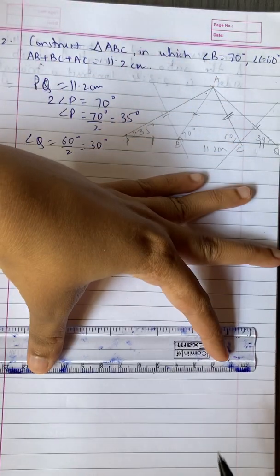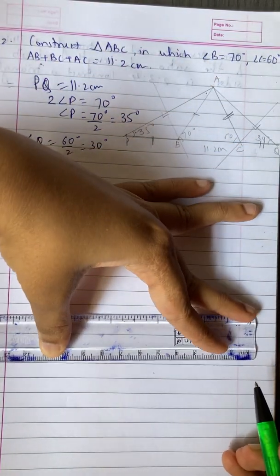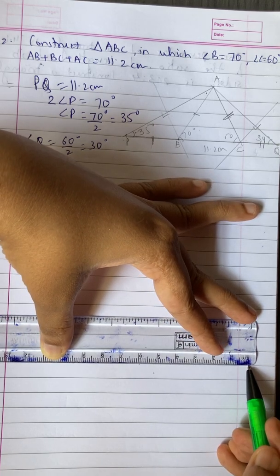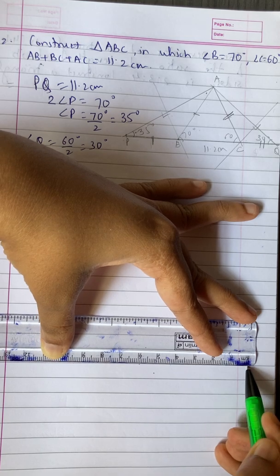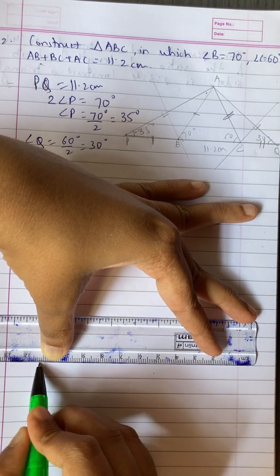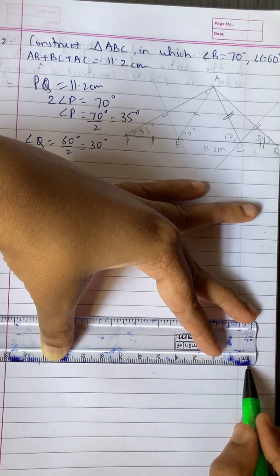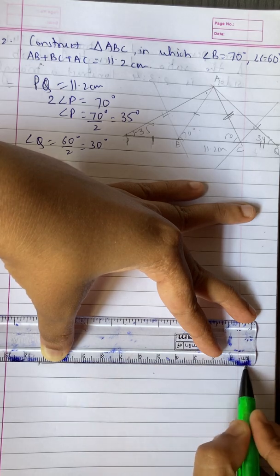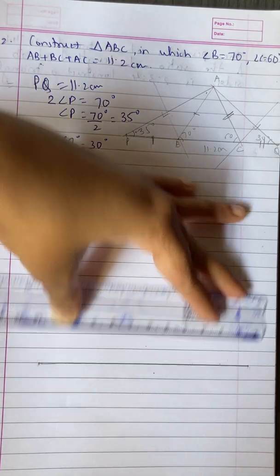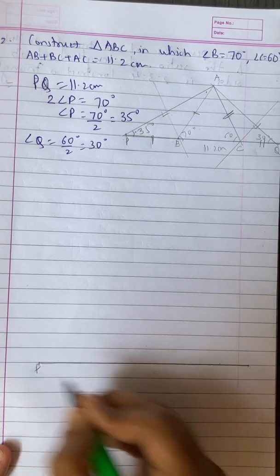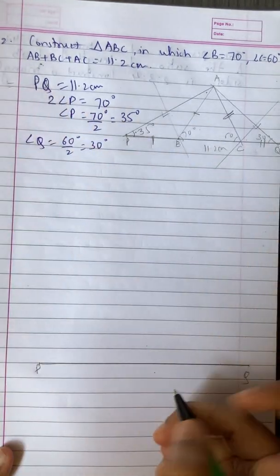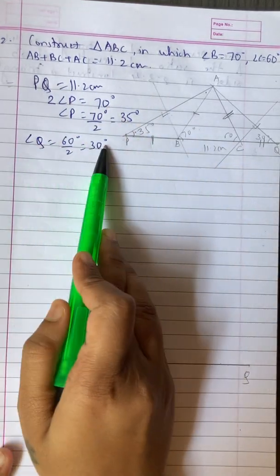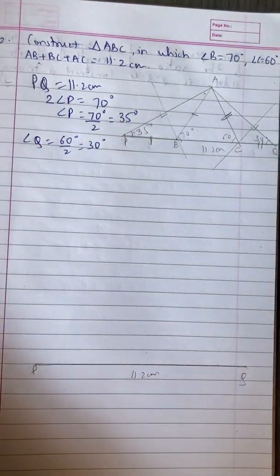Okay, so I'll start with base length as 11.2 centimeter. It's really big, so the triangle is going to be big. So give this as PQ. We take PQ as 11.2 centimeter. Then we have to take angle P 35 degree and angle Q 30 degree. So by using